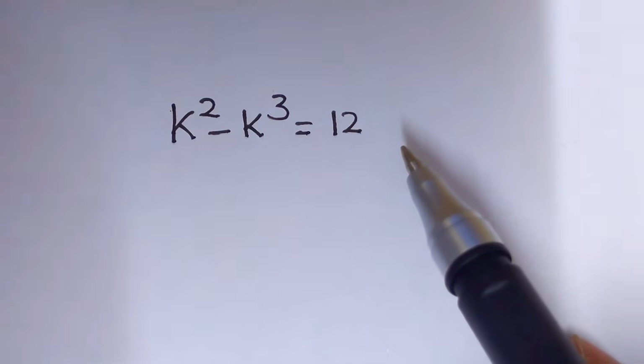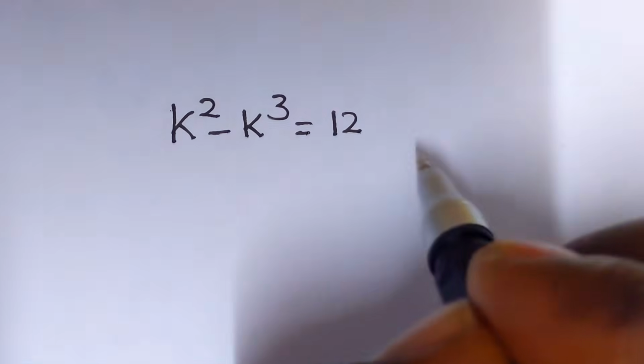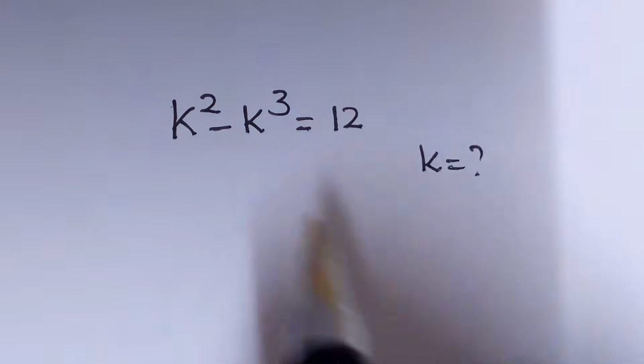Today in this video we are going to solve this question: k squared minus k power 3 equals 12. You're supposed to find the value of k. Then the solution: